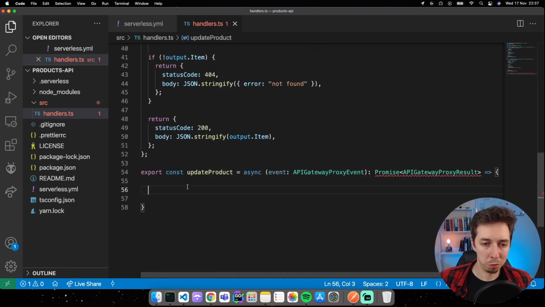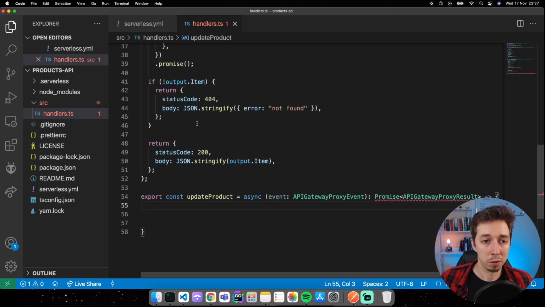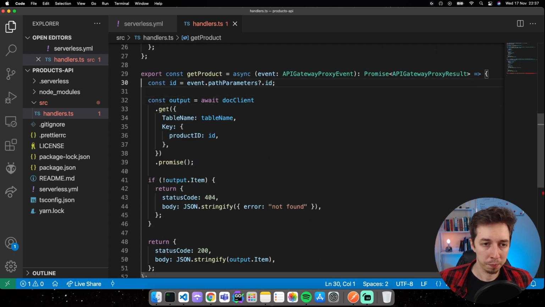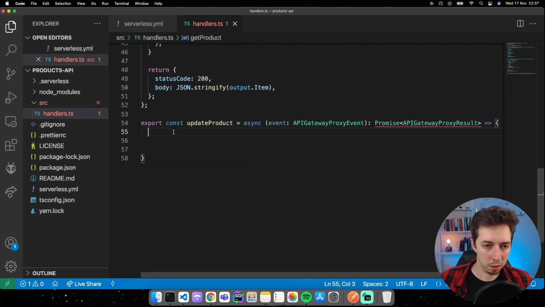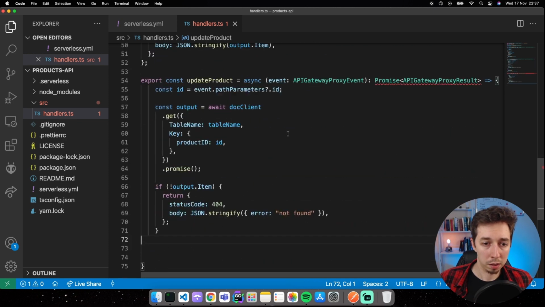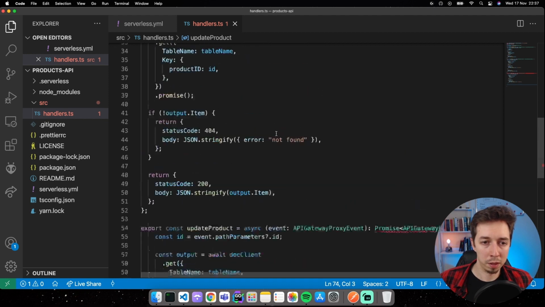What I'm going to need to do in update product is to get it first to make sure it does exist, because if it doesn't exist, update product would create a new one, and that's not the behavior we would like to have. We want to return 404, not found, if the product we're trying to update doesn't exist. So that's going to be the first step. Let's just copy this and paste it over here. And then let's copy this